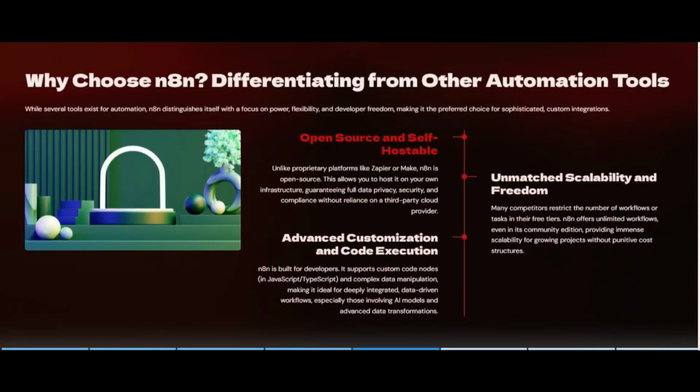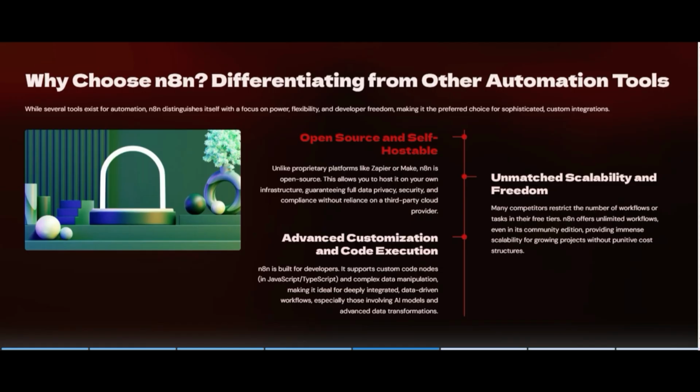Now it is time to look at why you should use n8n. In the world of tech, on the internet, you can see a lot of platforms like Zapier, Make, or AgentKit by OpenAI. So why should you choose n8n?